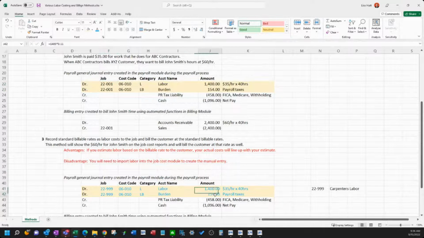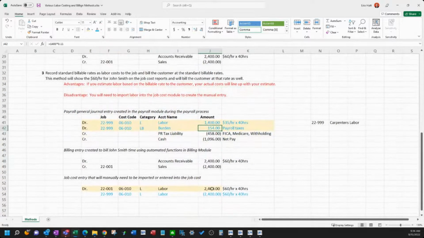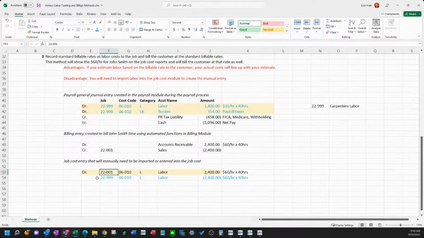Okay. Then when you bill, it's still billed out at the $60 an hour. So that hasn't changed. But when you record the job cost, you're going to record the job cost so it hits your job cost reports at the $60 an hour to the real job.